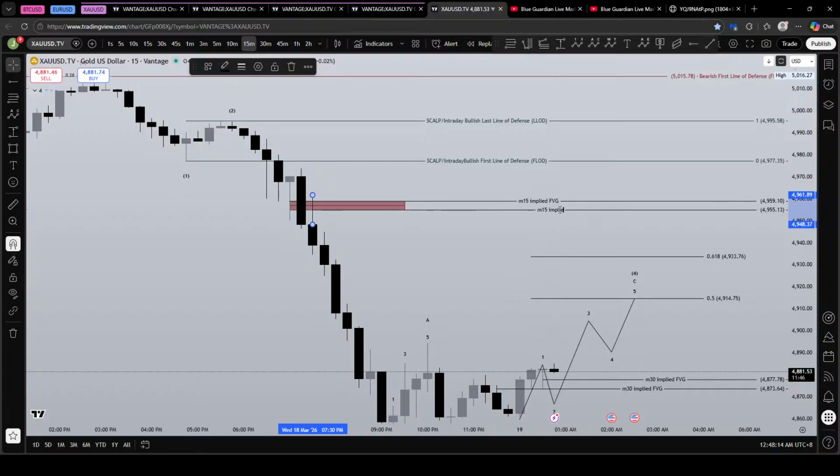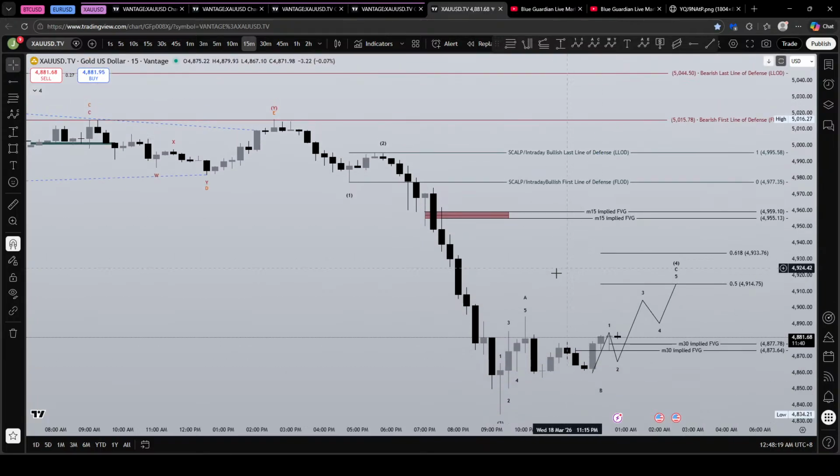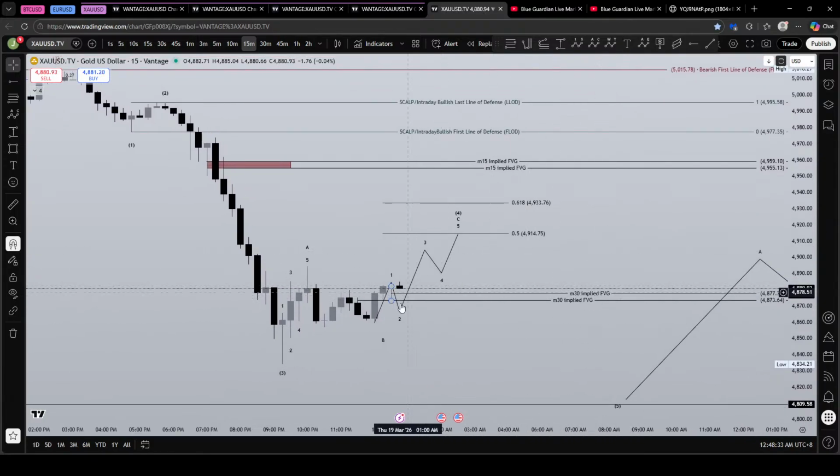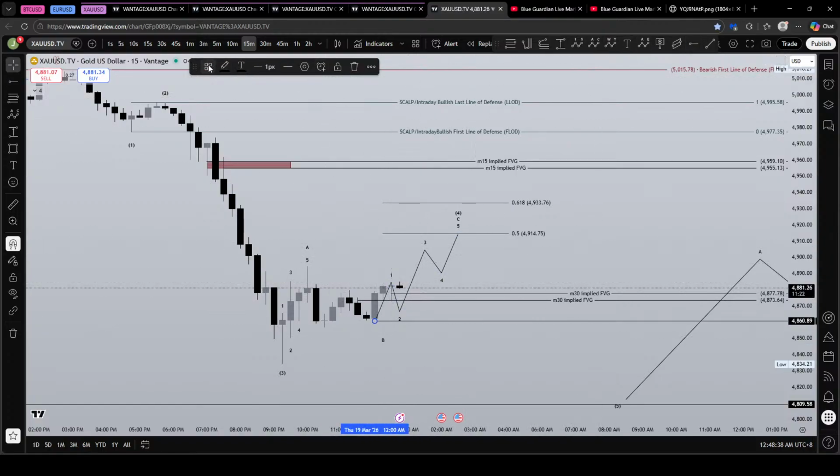M15 implied FVG. So even if I don't measure this, my possible entry for the completion of the internal waves of my wave 4 will start from here. By the way, if this will be your possible entry, then this will be your bullish scalp last line of defense. So if you will consider this analysis, then this will be your invalidation of these 5 waves up